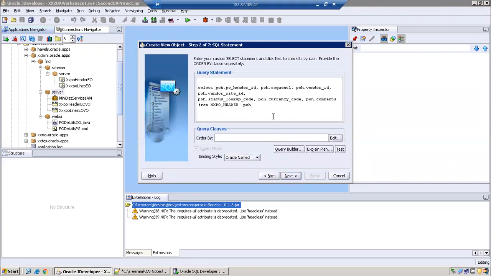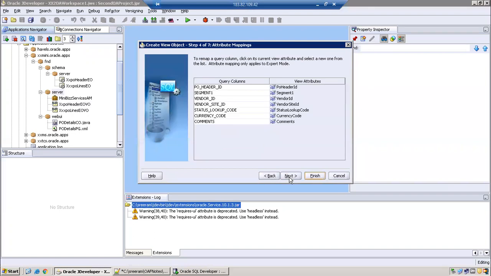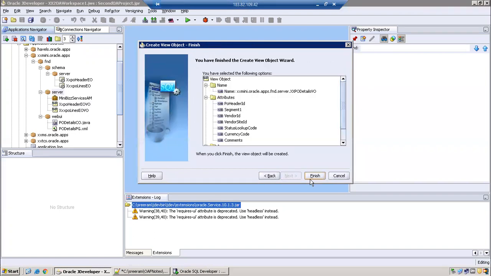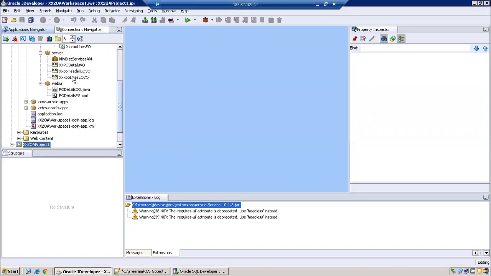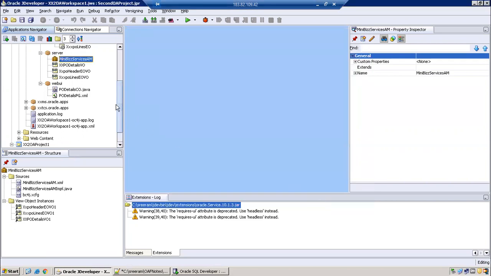And now mention the query. Next, next, next, next, next, and finish. Now we'll assign the XX pivot details VO to the AM, apply and okay.